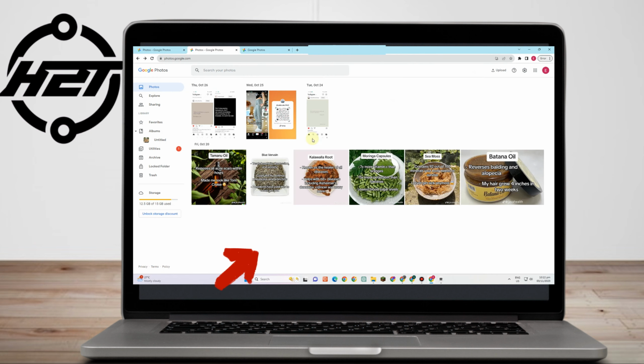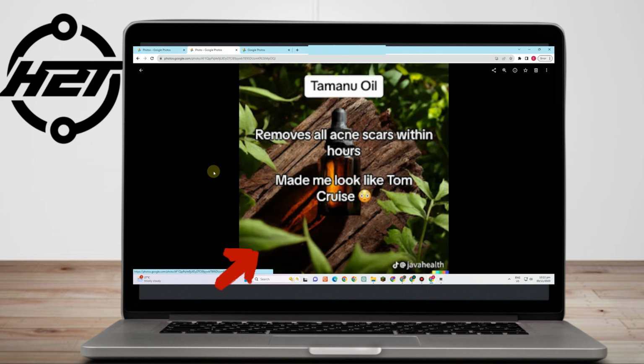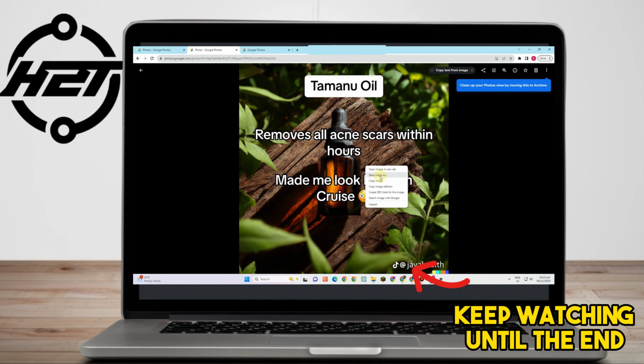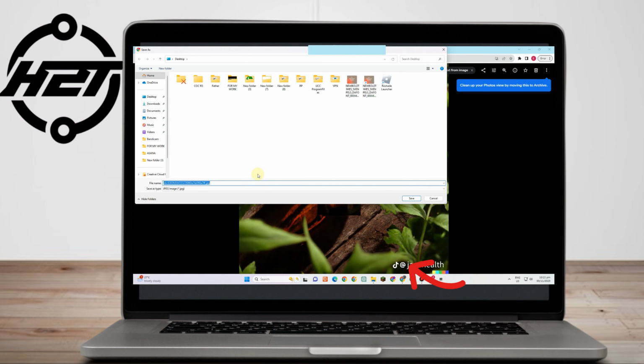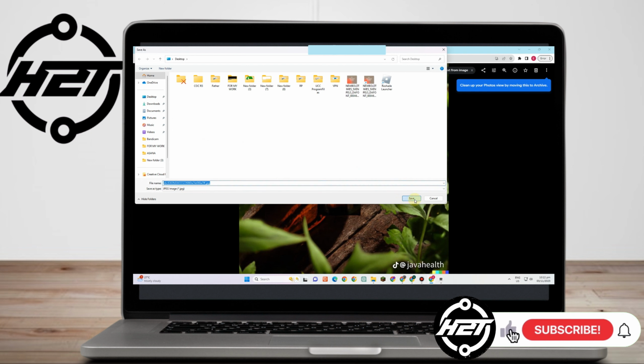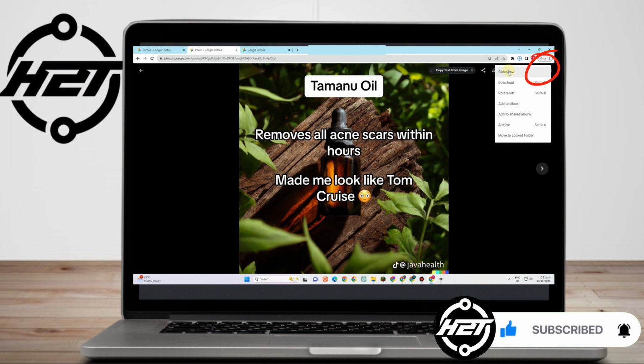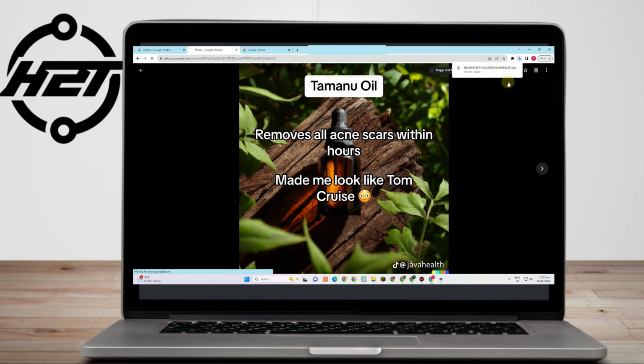So if you're using your desktop or laptop, all you have to do is simply go to a specific picture, right click and then tap Save As, and it will save your image directly to any of these folders here. Also, you can tap these three dots and then tap Download, and you will see here that your photo has